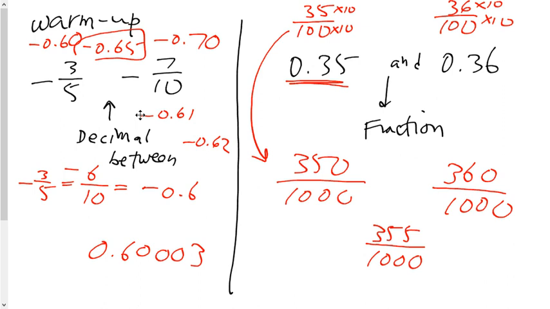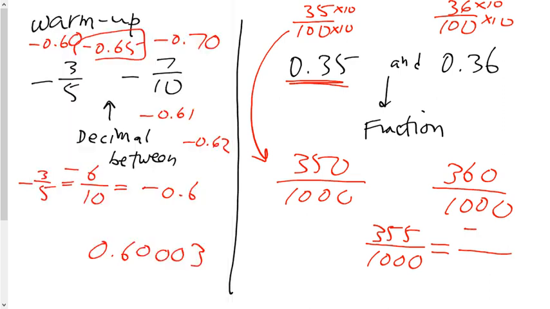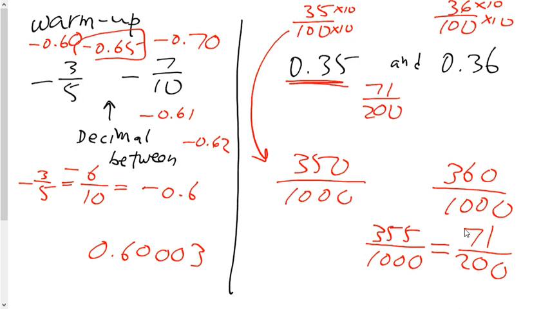But your answers could be 351 over 1,000, 352 over 1,000, and so on. And if you were really bright, you probably tried to reduce that to lowest terms because you realize that 5 and 0 end in numbers that are divisible by 5. You took your calculator and said, I don't know what 355 divided by 5 is. But you looked at it, it was 71. And 1,000 divided by 5, I can do that in my head, is 200. So if you're being a real genius, and I asked you what's the fraction between there, an incredibly smart person would tell me 71/200ths is the fraction midway between the two. But since it's equivalent to 355 thousandths, you could also say